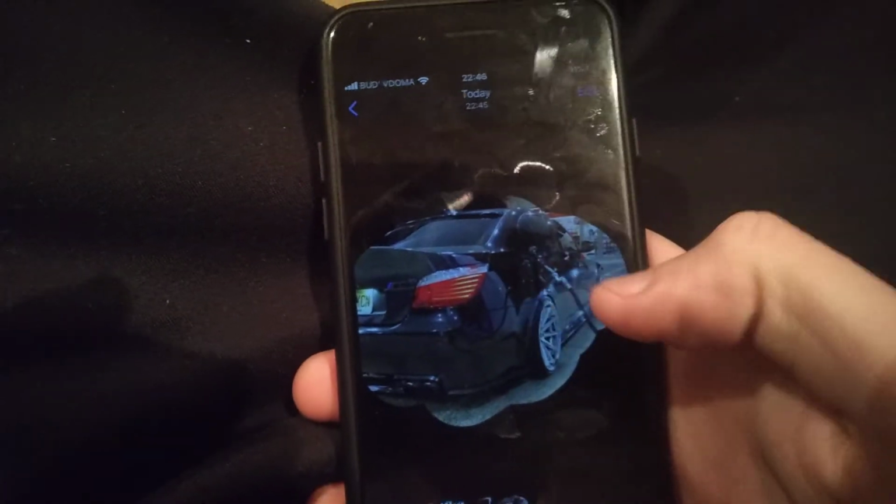So here you can see our gallery, that it successfully created our sticker. So this is how it